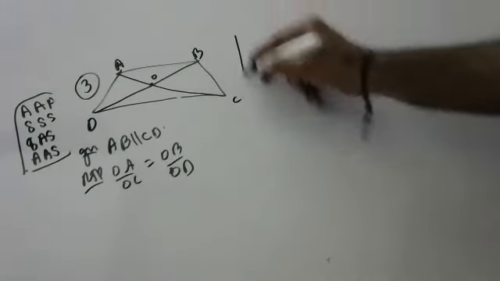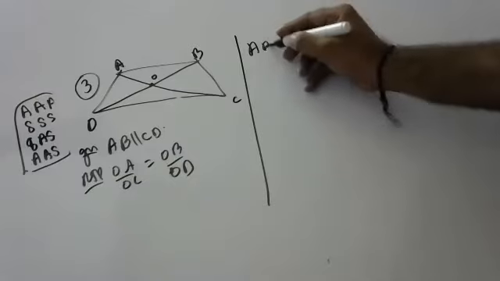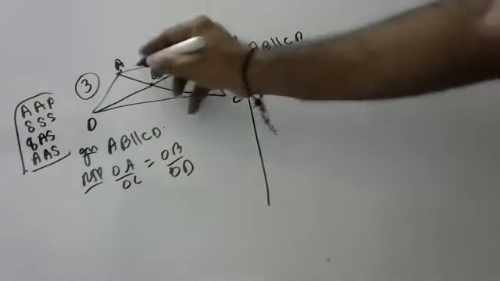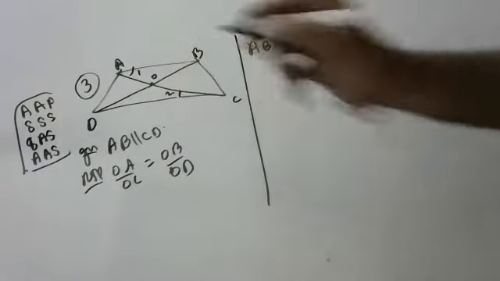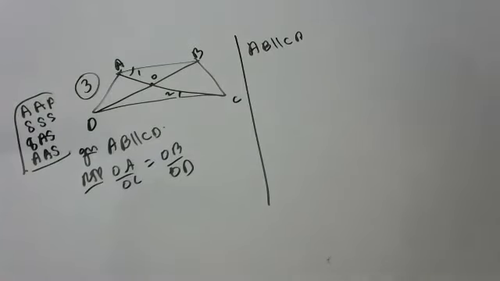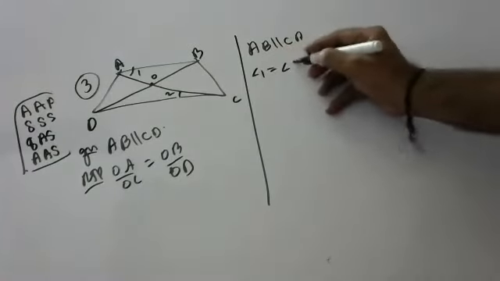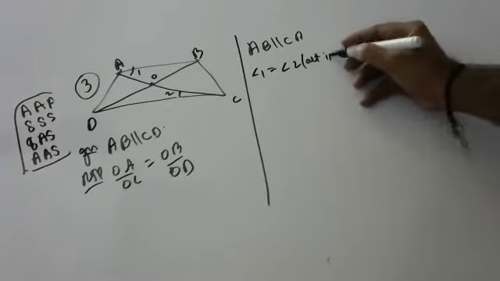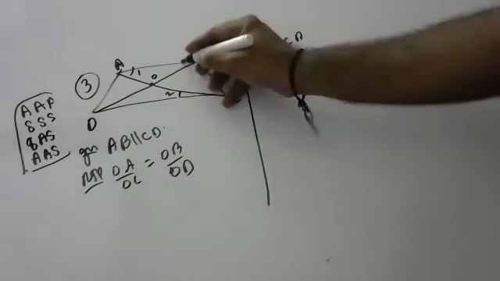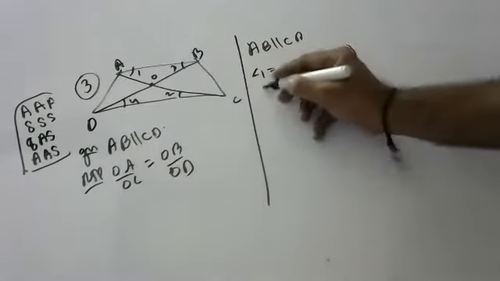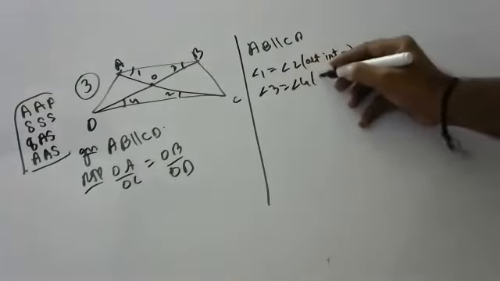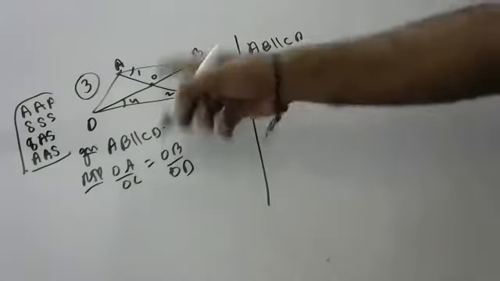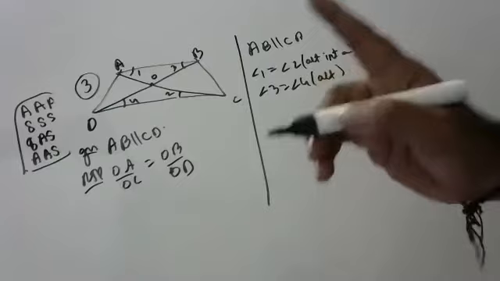So, AB is parallel to CD. They said that. Can I say angle 1 is equal to angle 2, children? Yes, sir. Why is angle 1 equal to angle 2? Alternate interior angles. Angle 3 is equal to angle 4. Why, children? Alternate interior. Of course, angle O is equal to angle O, vertically opposite, but if you prove two angles, it is enough, children.